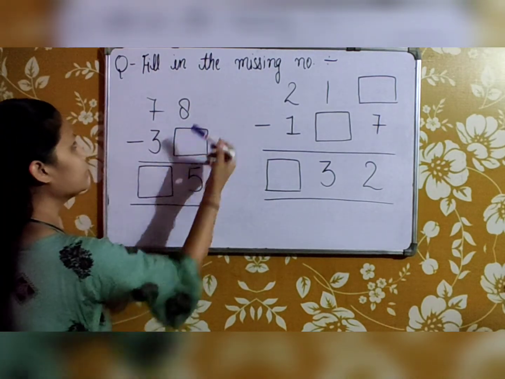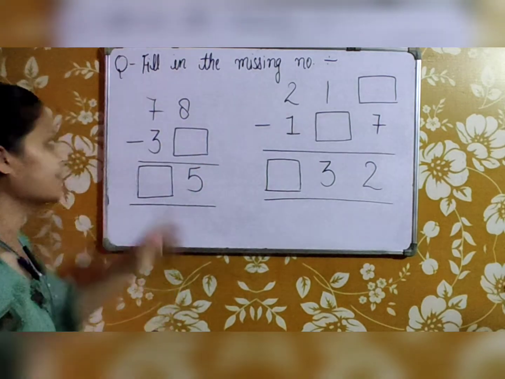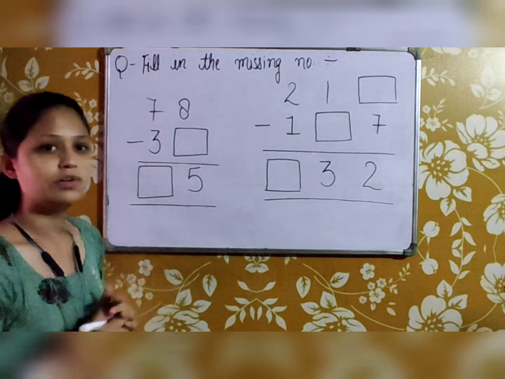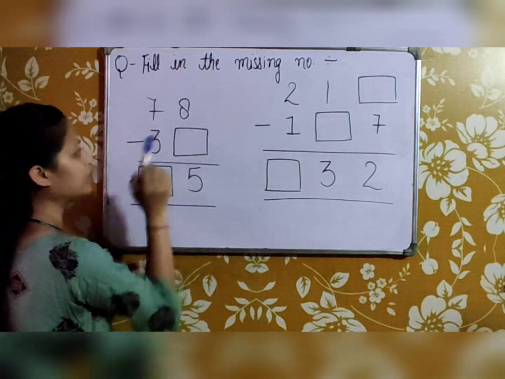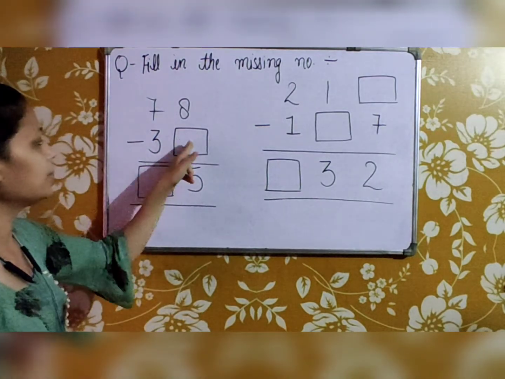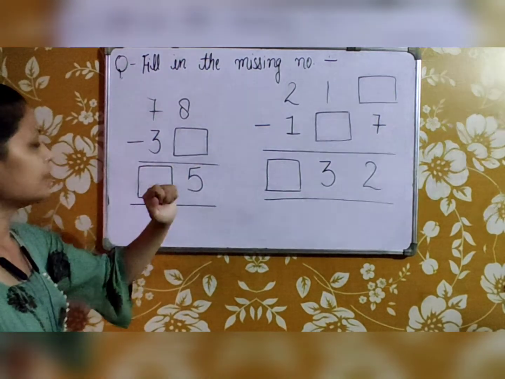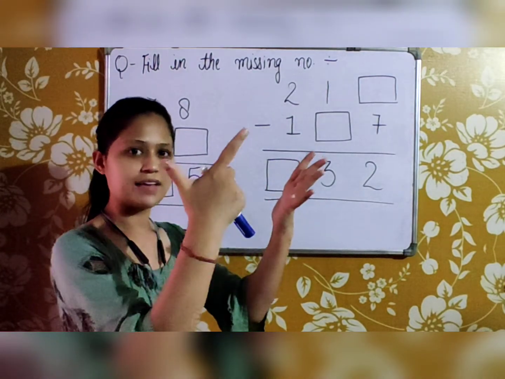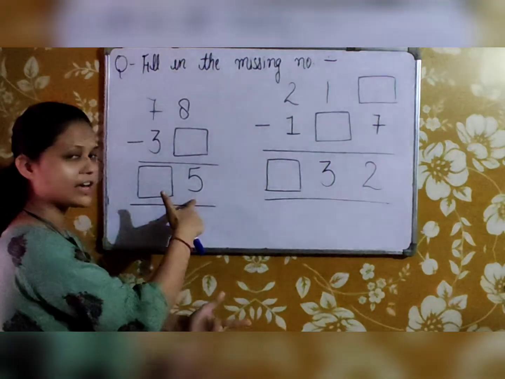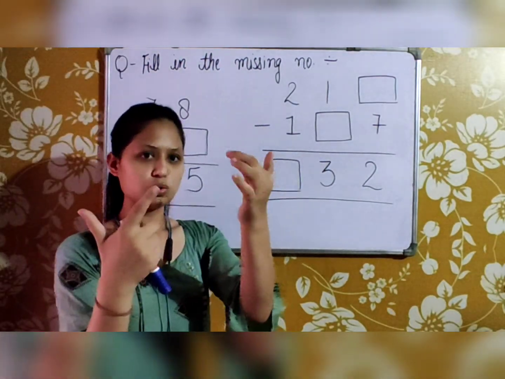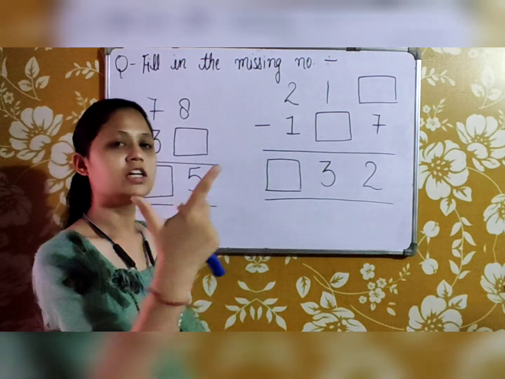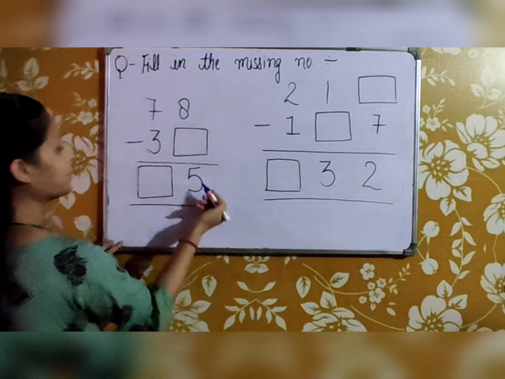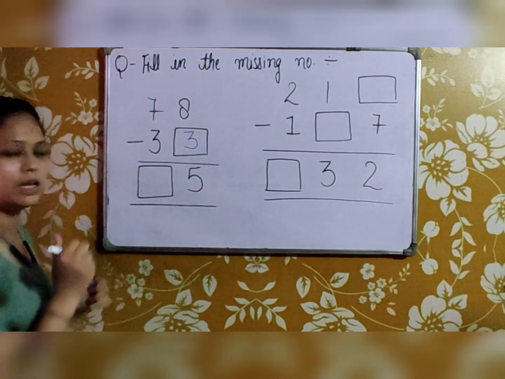To fill this blank, we will minus 5 from it. Why will we minus 5 from it? When we subtract it, then we will know what will come here. That will be the answer. 8 minus 5 is, let's see, 1, 2, 3, 4, 5, 6, 7, 8. From 8 we have to minus 5, so 1, 2, 3, 4 and 5. How many are left? 1, 2 and 3. 3 is left. So 8 minus 5 is 3, and we will fill 3 here.